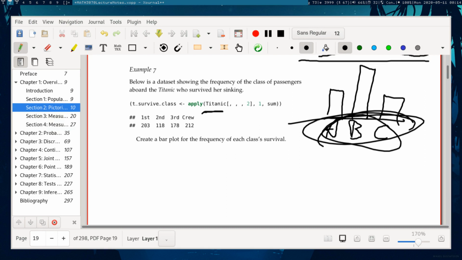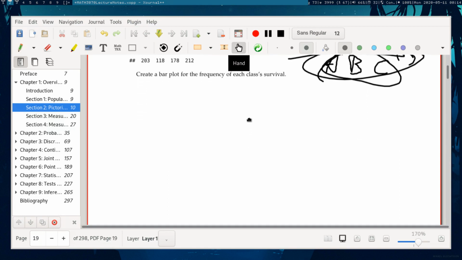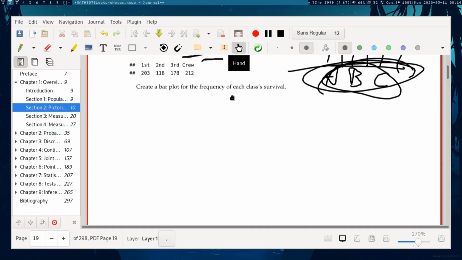Here I have restricted, using this apply function, which I'm not going to talk about right now, I have restricted it to the case of survivors for certain classes. I want to create a bar plot for the frequency of each class's survival. So I've already got the frequency distribution. R has already given it to me very nicely. So I'm going to say we've got